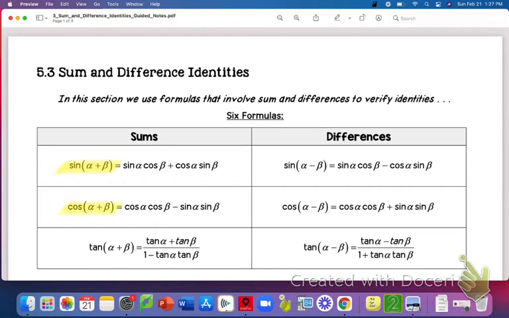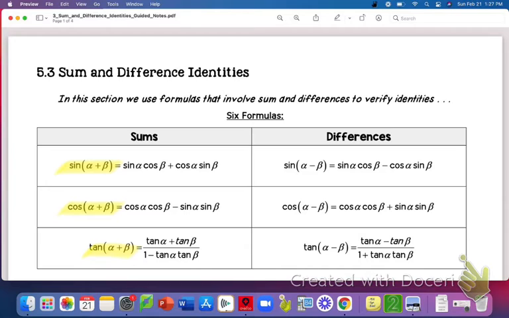Your cosine sum identity, so if we had the cosine of alpha plus beta, then that's equal to the cosine of alpha times the cosine of beta minus the sine of alpha times the sine of beta. And then the tangent one is down here. We have the tangent of alpha plus beta. That's equal to the tangent of alpha plus the tangent of beta, all over 1 minus the tangent of alpha tangent of beta. Again, you don't need to have these memorized because you will have them available to you on